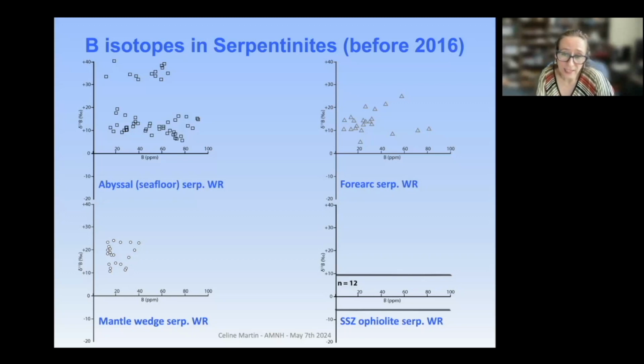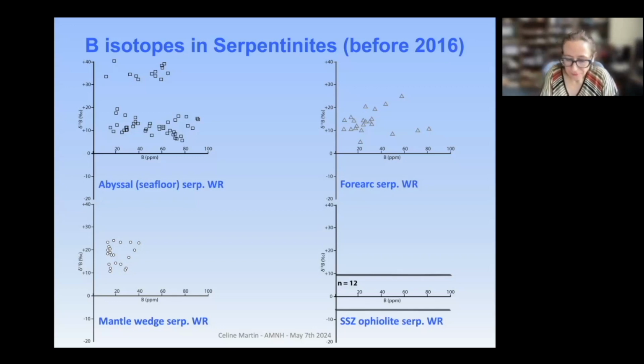All the other kinds of serpentinites were poorly analyzed. There was one study on the forearc serpentinite, one on the so-called mantle wedge serpentinite, and a couple of data on ophiolite. For ophiolite, there was no boron content. So in this delta 11 boron versus boron content plot, we could only report the minimum and maximum